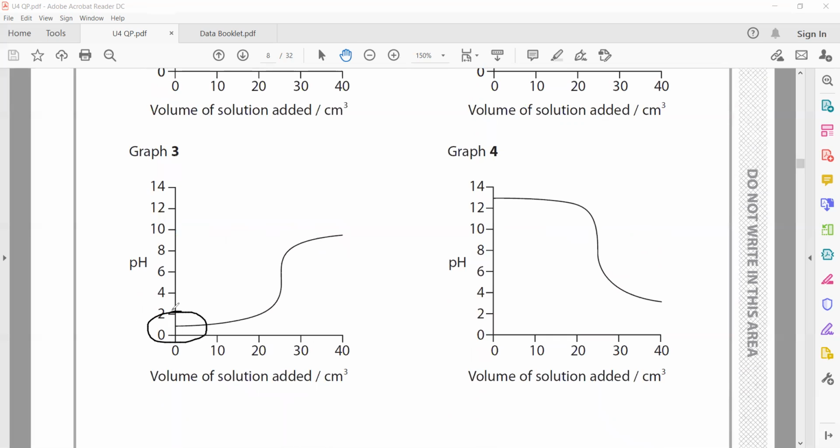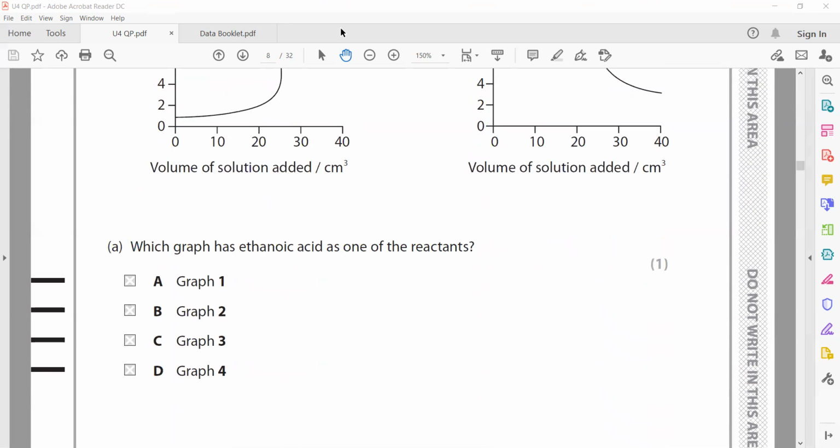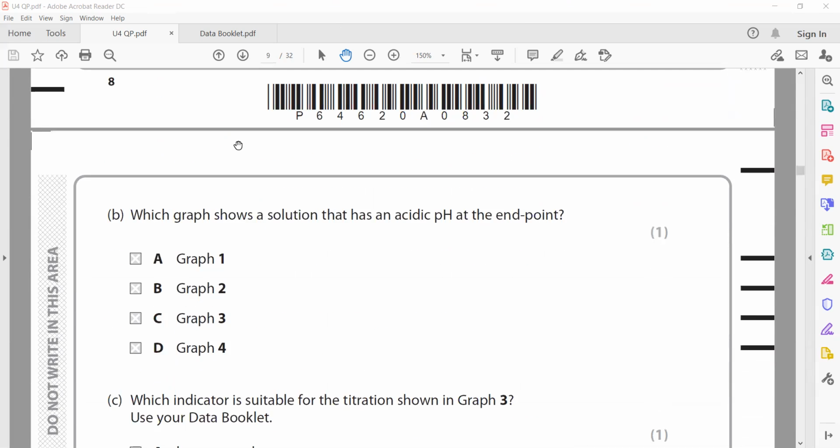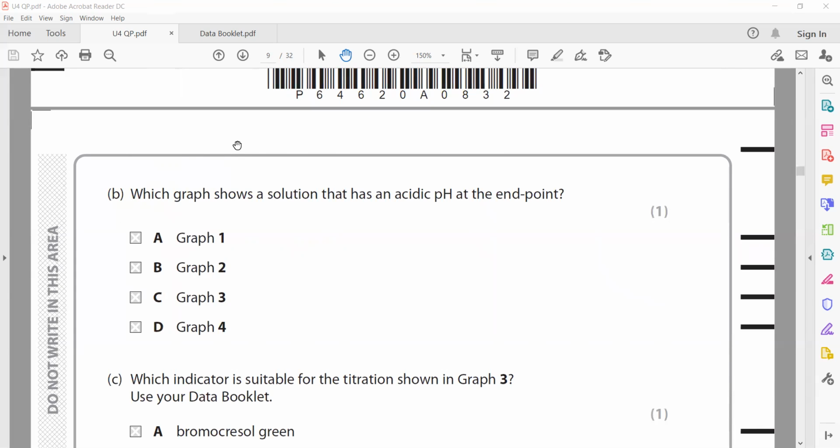So this also 1, but for this one it's between 2 and 3, 2 and 4, which is about 3. So D is the right answer. From ethanoic acid you conclude that it is a weak acid. So if it's a weak acid, it means the pH should level around 3 or more than that. Which graph shows a solution that has acidic pH